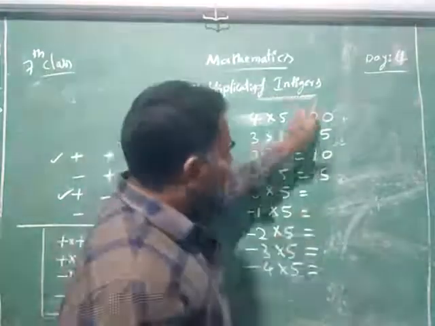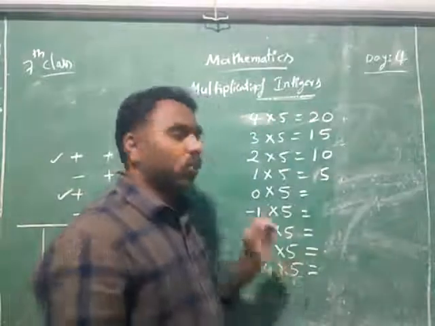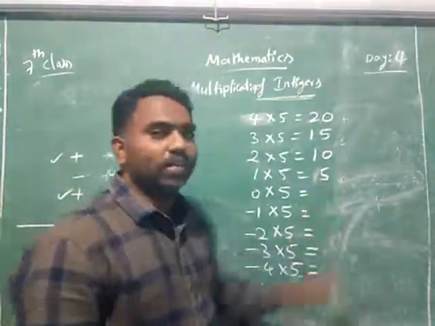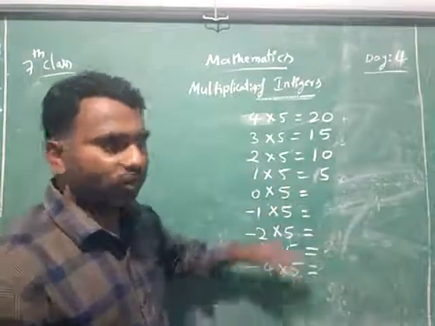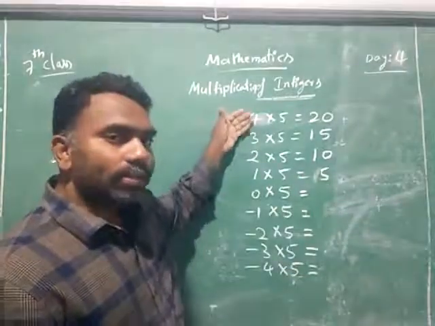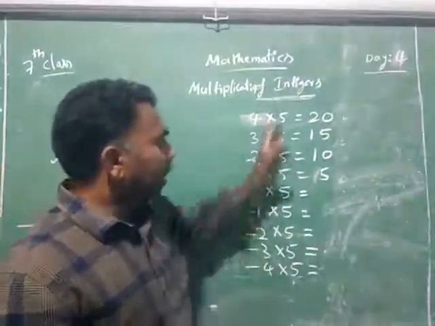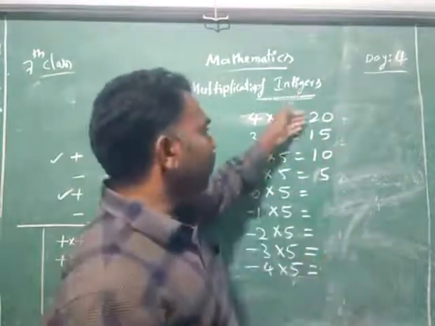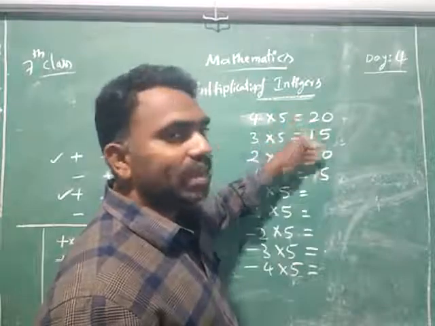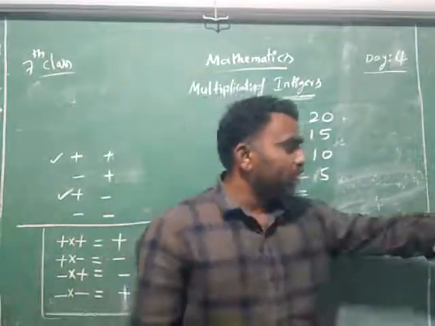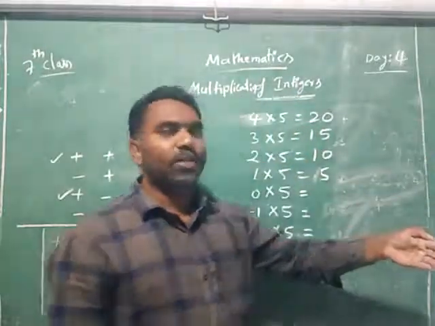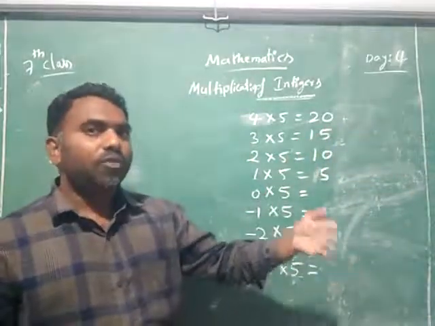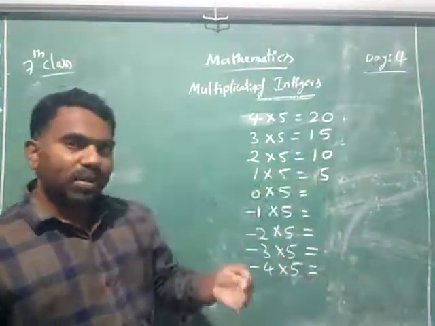But when we follow the sequence in the questions, you can get the answers also in sequence, which we have learned from addition and subtraction. When we follow the sequence in questions, the answer also will follow the sequence. What is the sequence following here? 5 decreasing means 20. 5 numbers it came back, 15. Next 5 numbers it came back, 10. 5 numbers it came backward again, 5.